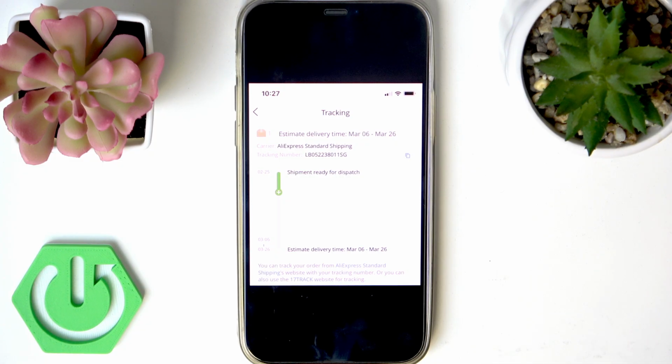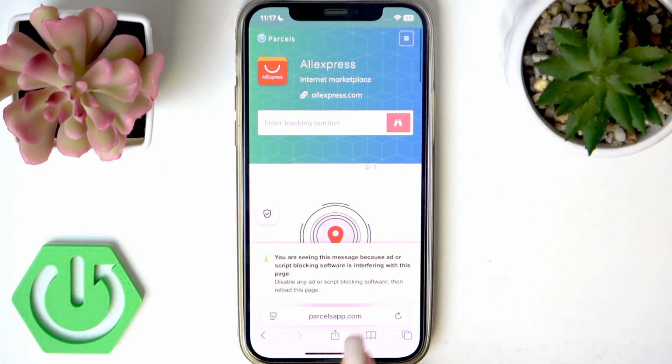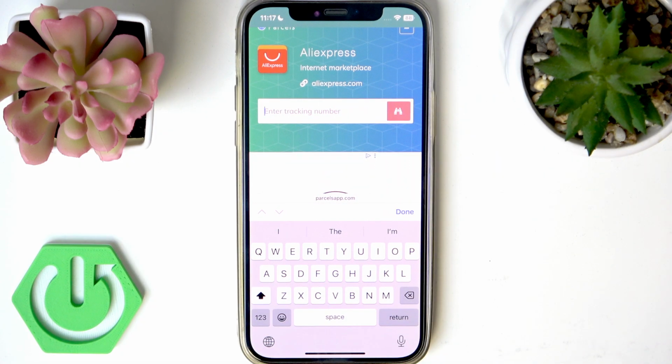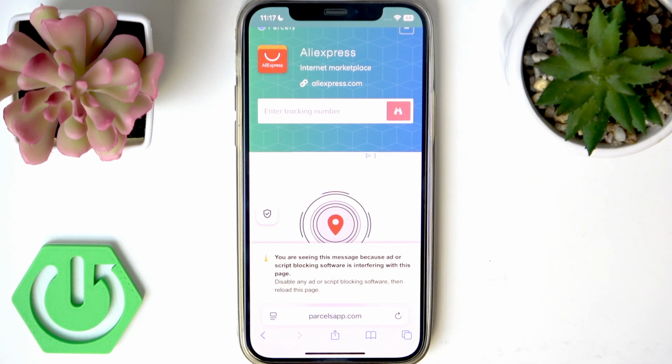convenient to just copy it and drop that number into a universal tracking website like 17track that AliExpress suggests to me, or I personally prefer parcelapp.com, this website. So here you can enter your tracking number, then tap this icon, and it will pull information from all the